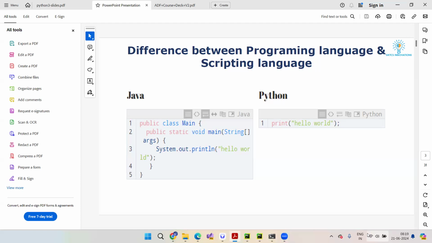How that is considered a scripting language, I'll tell you. Python does not require a complete project or a very large number of lines of code to be written in order to get an output. So we call a scripting language a language wherein we need not write complex code, but in order to get a small job done, we write the code, like the automation work you would have seen happening.